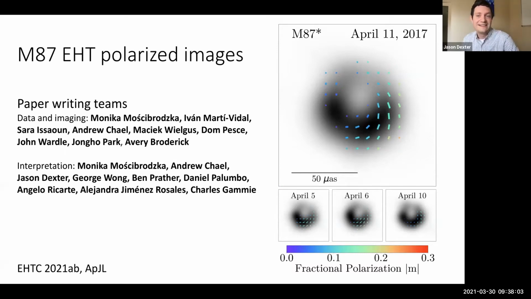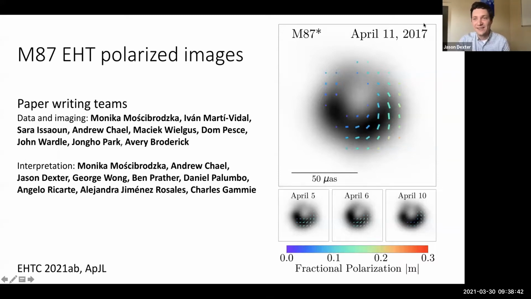as of last week, M87 EHT polarized images in linear polarization. And again, I have the great fortune of presenting this work today, but a lot of people in the collaboration of 300 or so people did a huge amount of work on this: going to telescopes, developing instrumentation, developing algorithms, doing many other things. I've listed here specifically the members of the paper writing teams for the two papers that came out. But these are huge collaboration efforts, and everybody should get the credit for these results, not just those of us who are fortunate enough to get to talk about them.